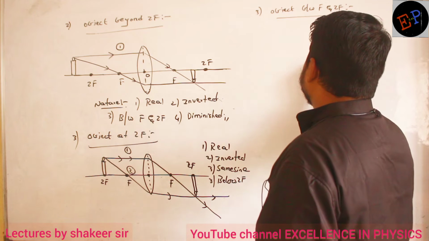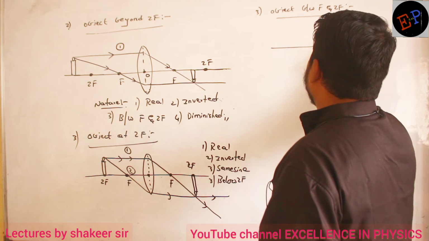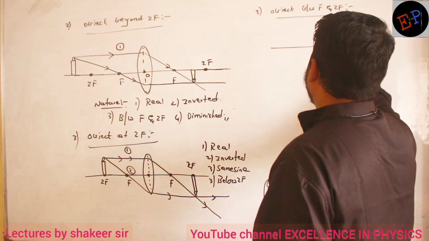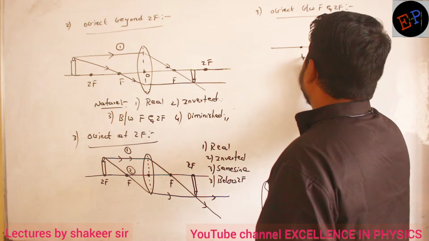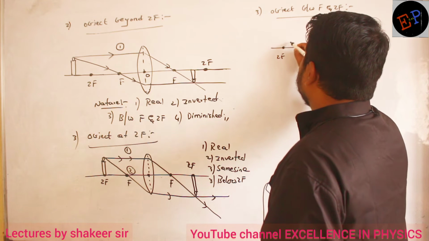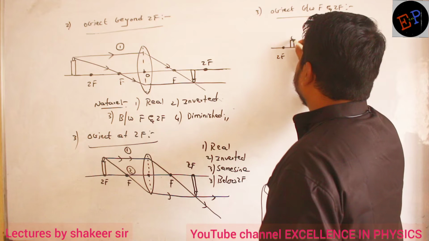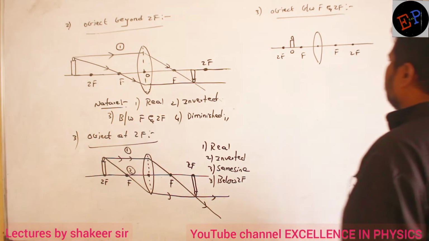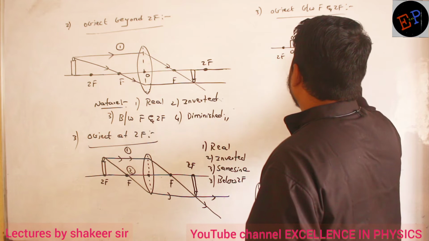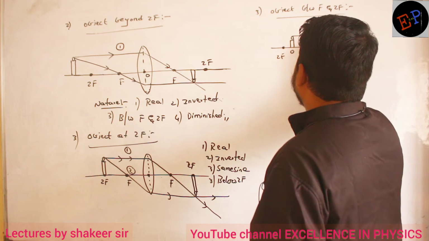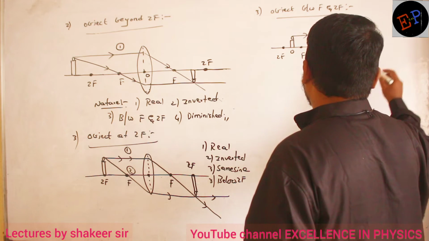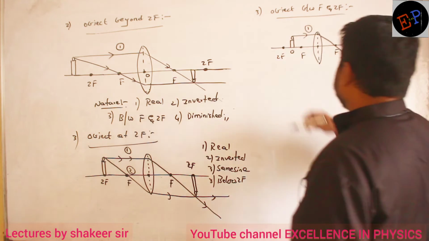So this is a lens. Clear? So this is F and this is 2F. So here also I will take F and here I will take 2F. So the object is present here. This is the object. Clear now? So again let us draw the same light rays. Light ray passing parallel to the principal axis, after refraction should pass through the focus. Ray number 1.